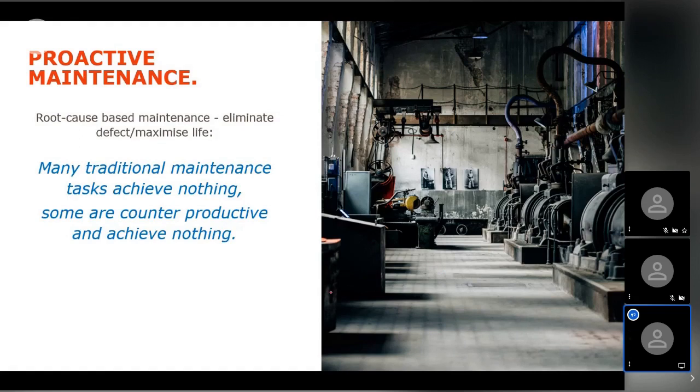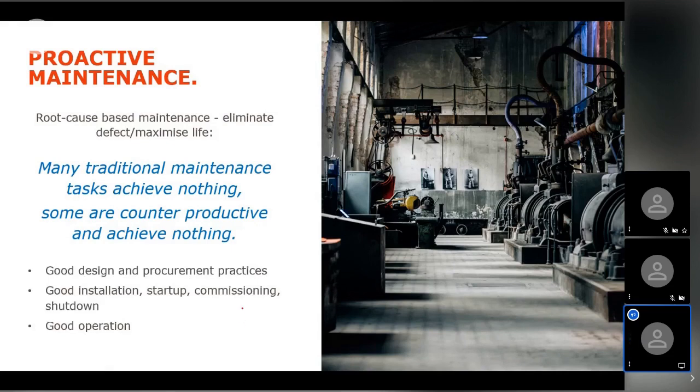Again, remember, a lot of traditional maintenance achieves nothing because only 11% of the time in that example, we had wear related or age related failures. Sometimes we actually make it worse. Design it, procure it, install it, operate it as best practice. Follow the asset management standards, follow the best practice to get to that world-class standard.